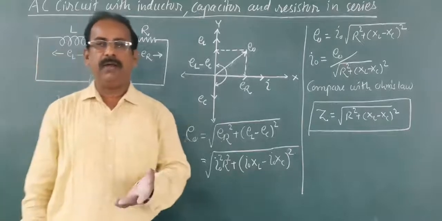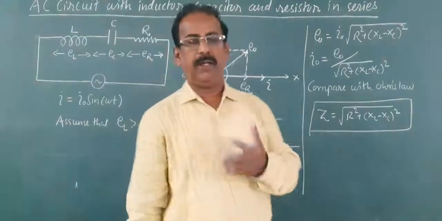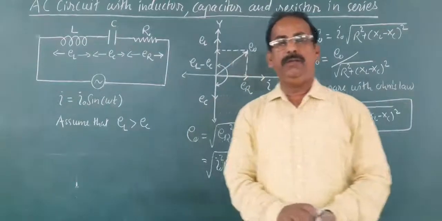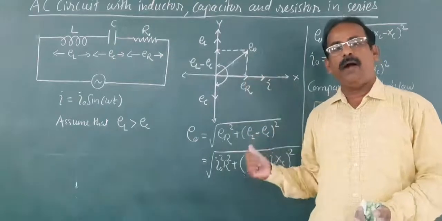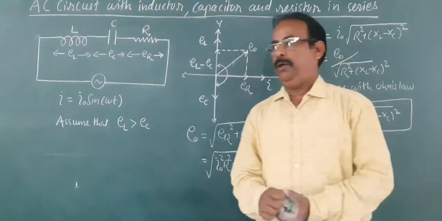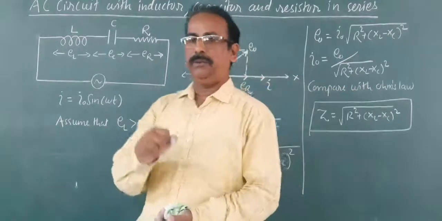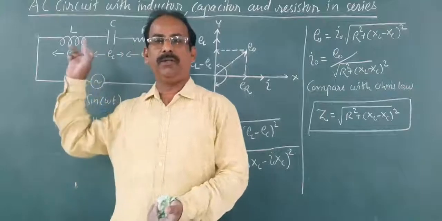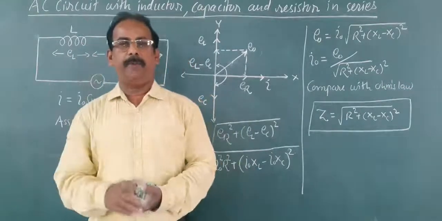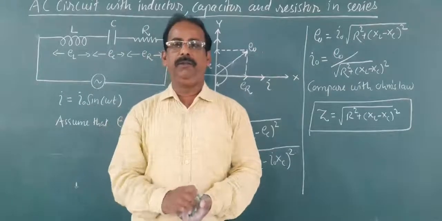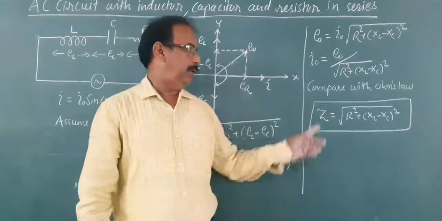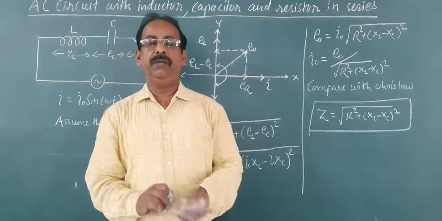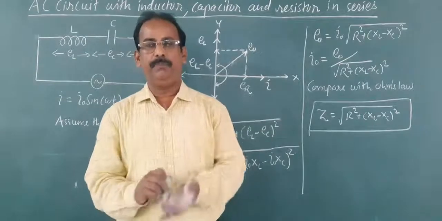This is the expression for impedance that we have obtained using this phasor diagram. To draw this phasor diagram, you must know the phasor differences between different EMFs and current. Then, with the help of the phasor diagram, find the resultant EMF. By comparing it with Ohm's law, we can find impedance, that is the total resistance offered by different components to the flow of alternating current. Its unit will be ohm.